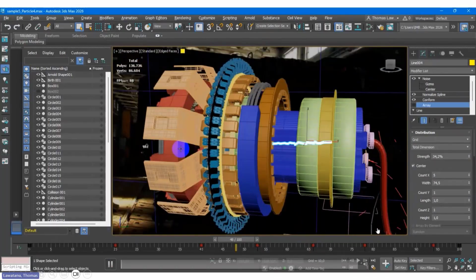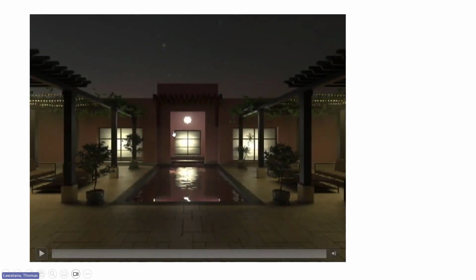So these are the examples. This is again an example. If you create some outdoor lighting here, this is also using the array modifiers. This is animated, though I think the quality is low when I render here.